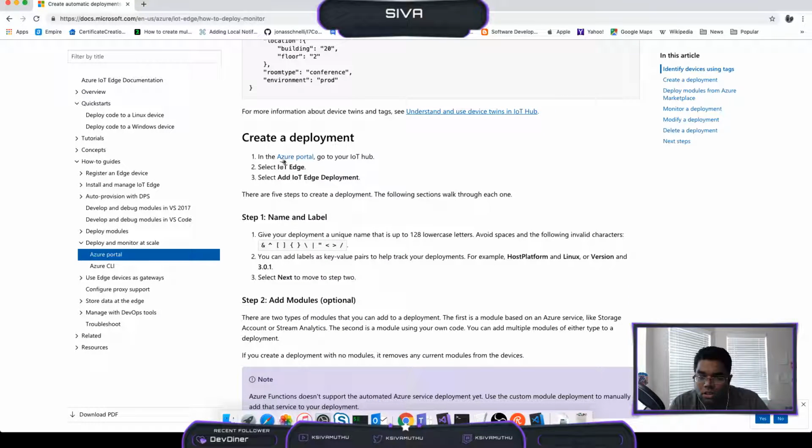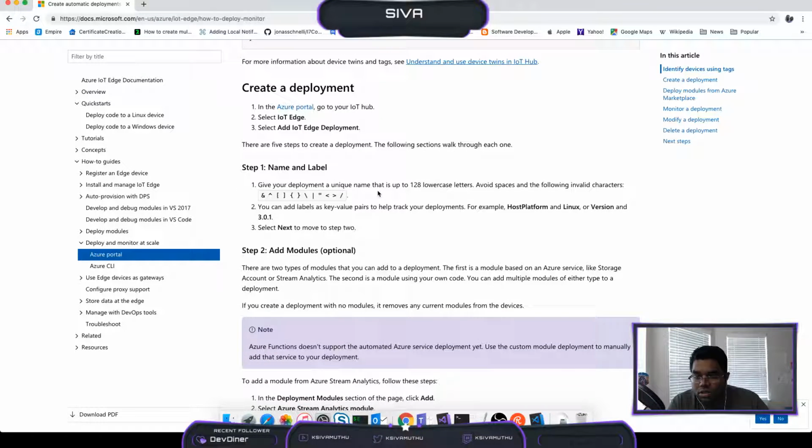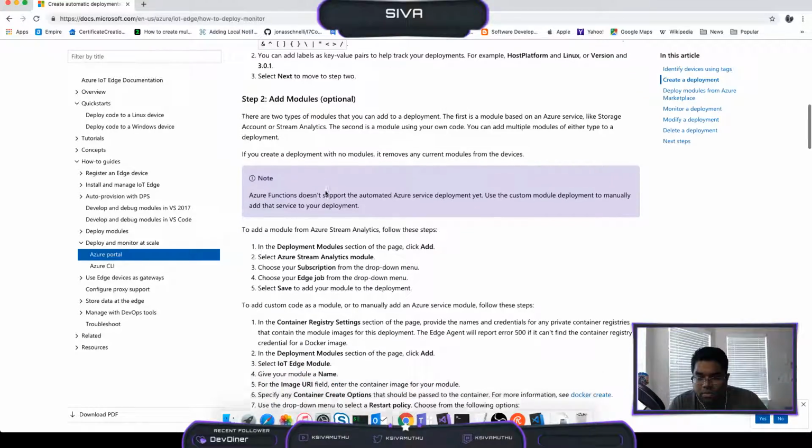Okay, so now it says create a deployment in the Azure portal. Go to your IoT hub, select IoT Edge and add IoT Edge deployment. And there are 5 steps to create a deployment here: name and label, add modules,